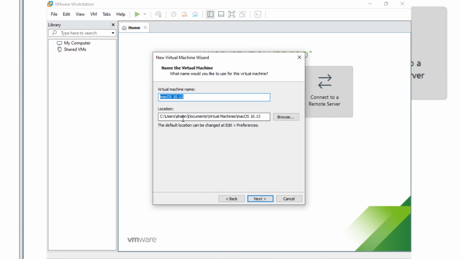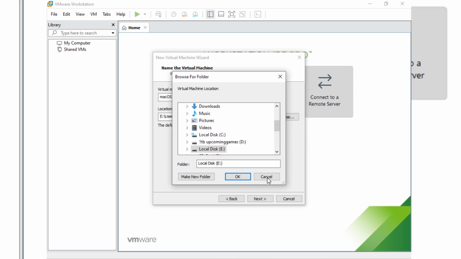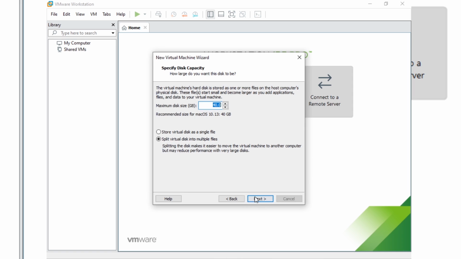Let's click on it, and after that it is asking to change the name of your virtual machine. I think this default one is better. If you want to change it, you can do it. The next option is to give your location. You can give it the location on your computer. I'm giving it according to myself, so let me give it. So I have given the location. We'll check it by clicking on browse, and after that I'm going to click on next.